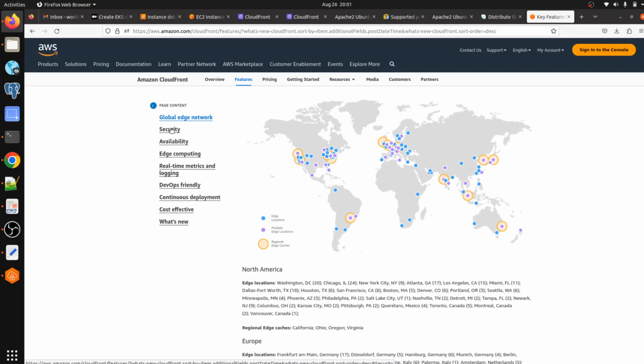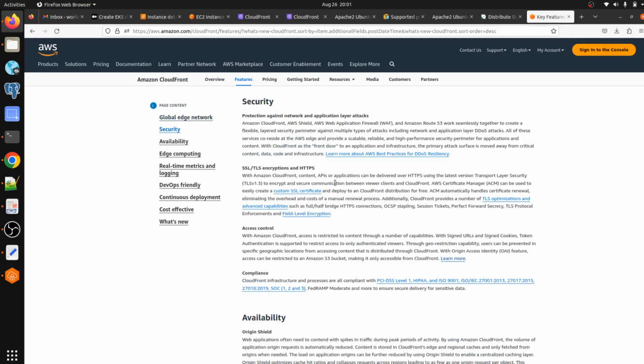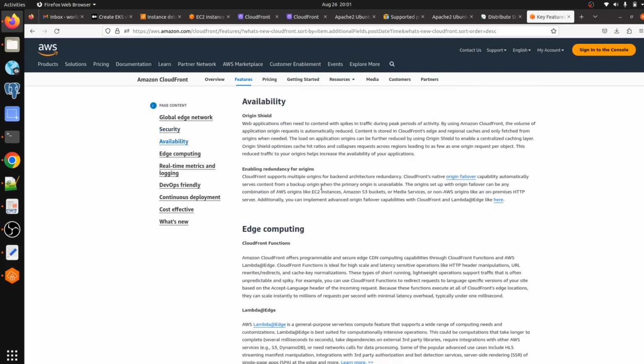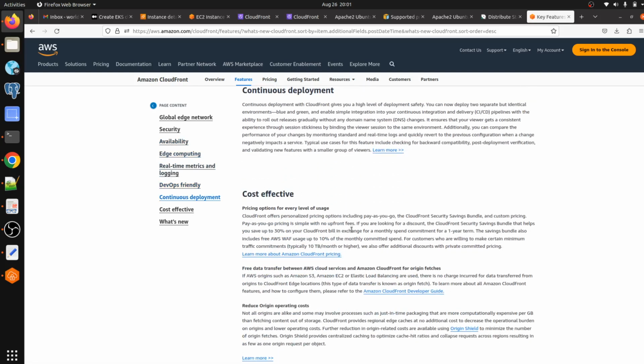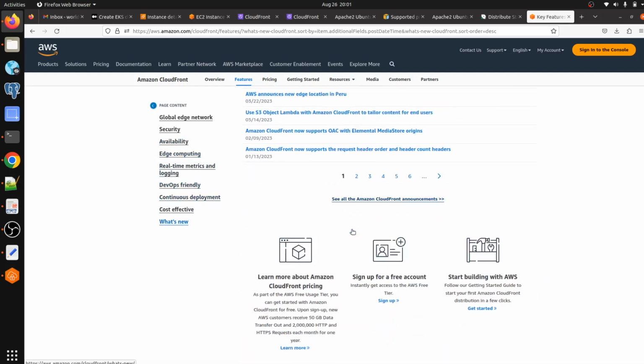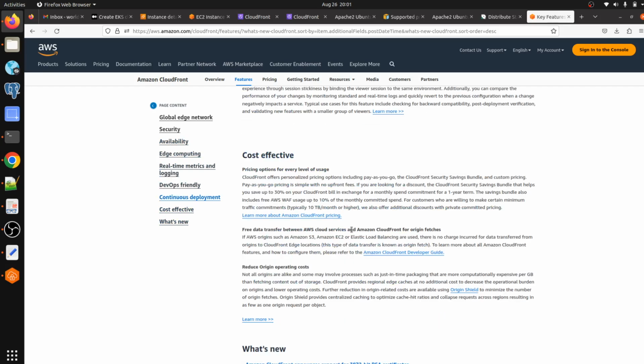Okay, so here we have security. We can use a TLS SSL certificate. And availability, it will be available because of those edge locations. Edge computing, you can check this document if you want to know the theory in detail.